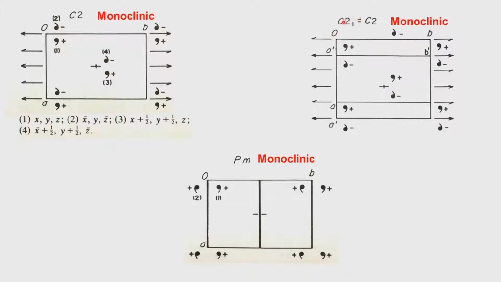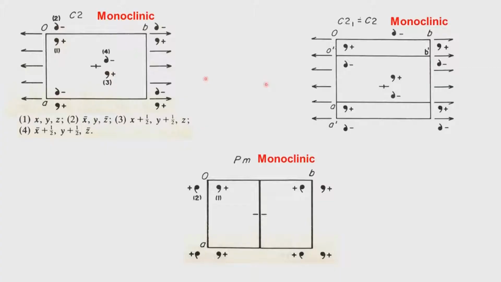So, any combination of a C-centered lattice with a 2 1 is ruled out. That means, when we go to the other space groups like C21 by M and possibly C21 upon C, which is the 2 by M operation, those two space groups will not be allowed. Not be allowed in the sense they are one and the same. So, C2 and C21 are one and the same space groups.